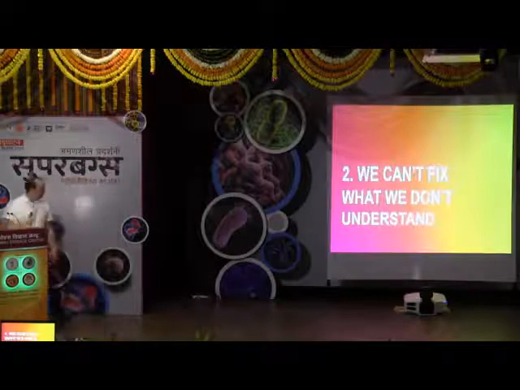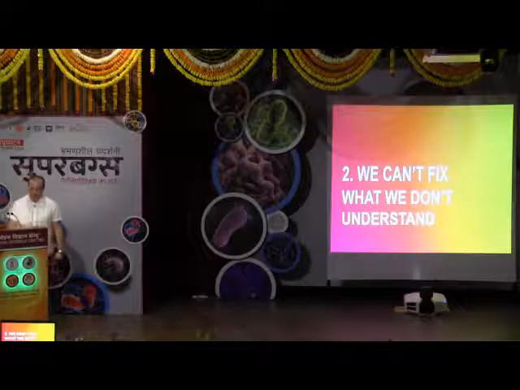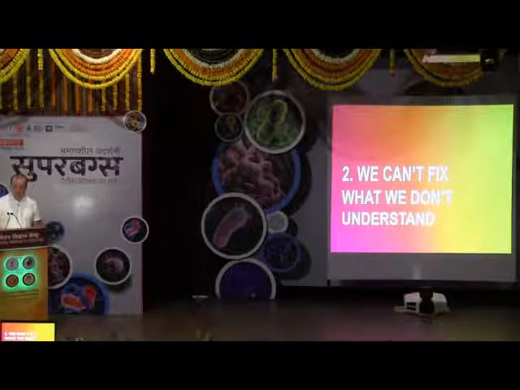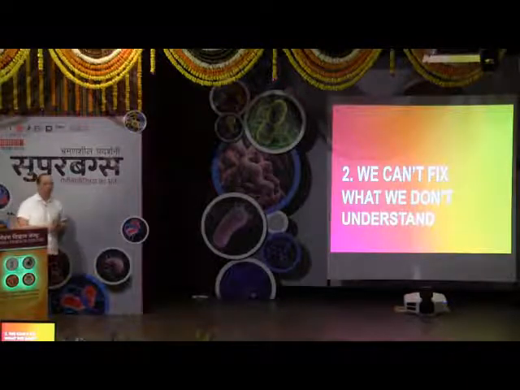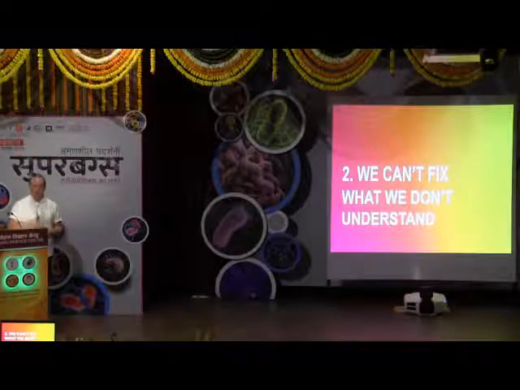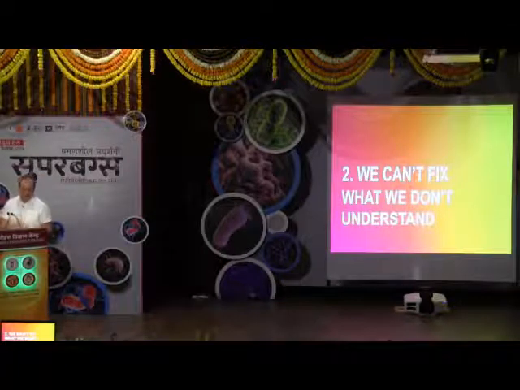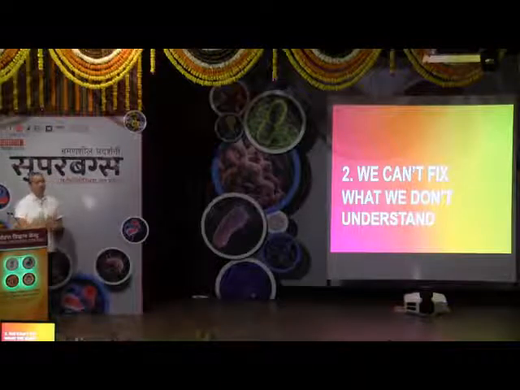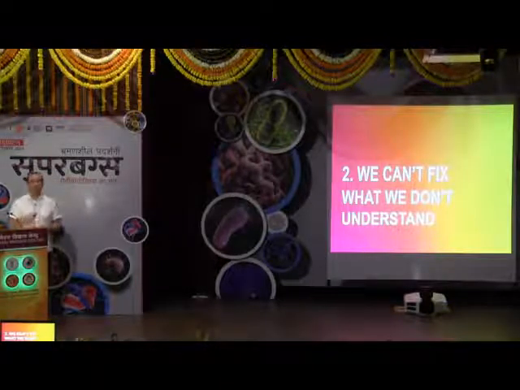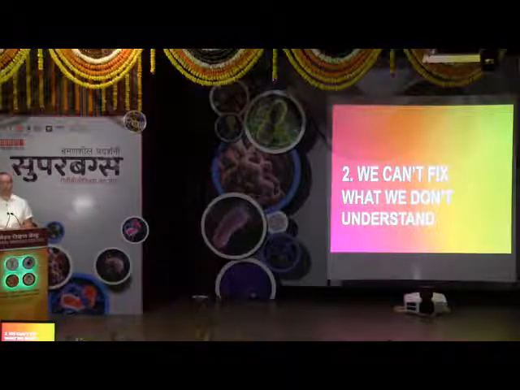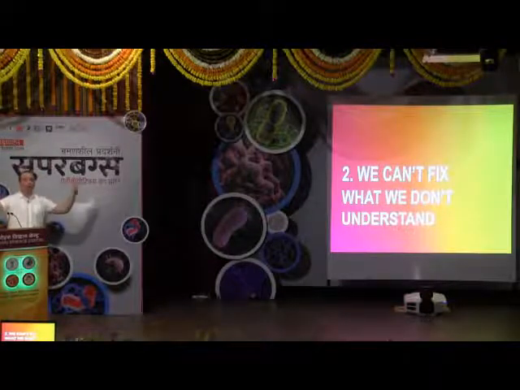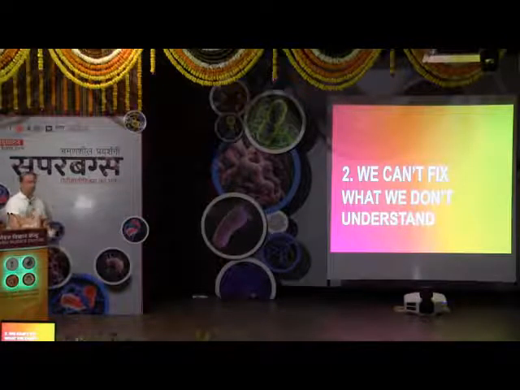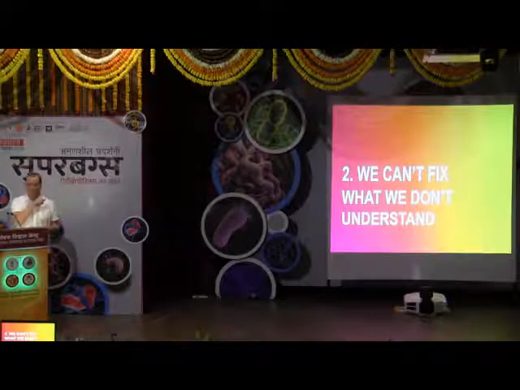Step number 2, we can't fix what we don't understand. So despite so much antibiotics being used in India, we don't really know where it all goes, and we're missing a lot of that data, a lot of that information, so that we can't plan for it. So as one example, we know that colistin is regularly used as growth promoter. This is an antibiotic of last resort in humans. It's regularly used in animals. But we don't know how much it's being used. If we just got an understanding of the quantities and of geography that are involved in this, we might be able to plan for it and be able to plan for the future. But we don't have that data, so we can't.